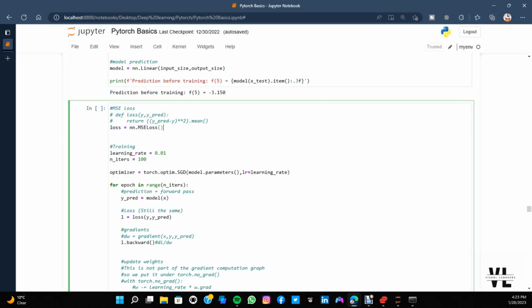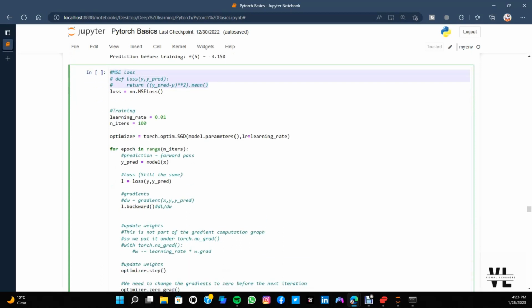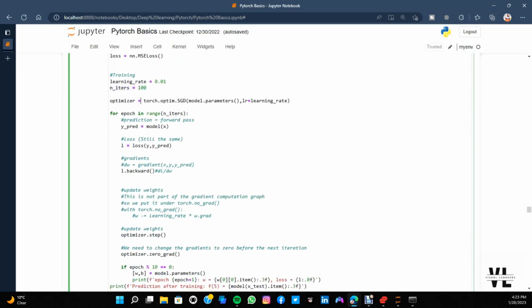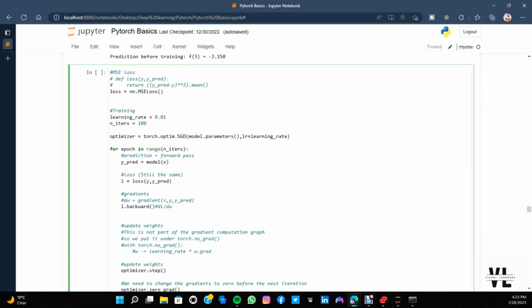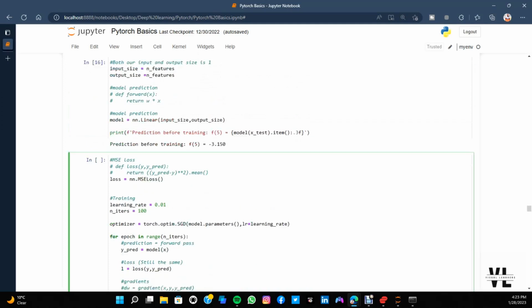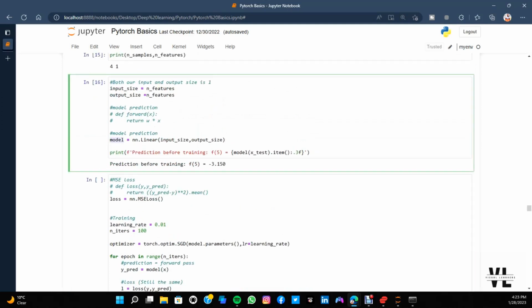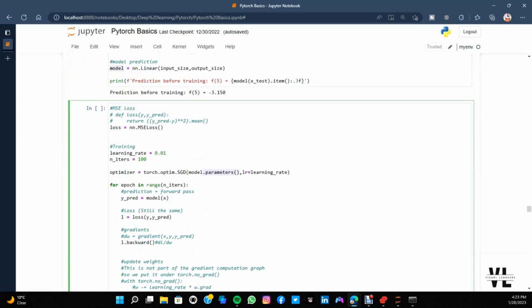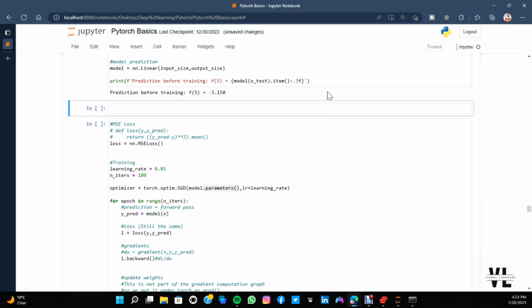package, which we replaced in the previous section. Then we initialize the learning rate and the number of iterations. Then we initialize our optimizer. Before, remember that we passed W that we had created by ourselves as an argument to the optimizer. But now the model itself contains all the parameters that were initialized. So in order to get access to those parameters, what you need to do is to call the .parameters method of model. In order to see what they look like, we can